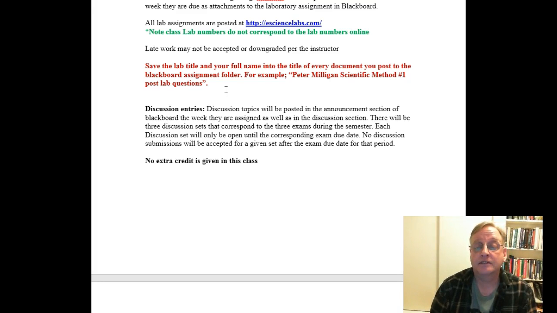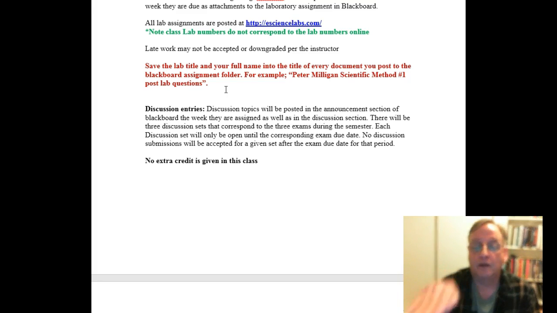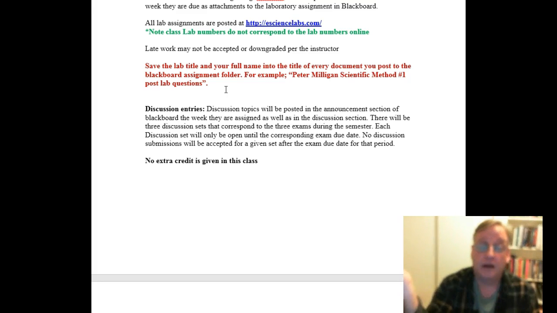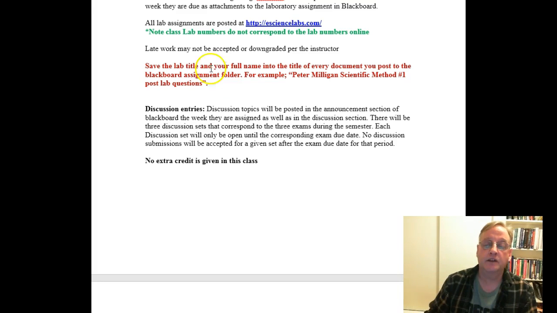If you just send something to me that says lab 1 or something like that, I'm not going to accept it. I need all of that information in the title of the document that you saved. It's important. It's how I know which documents are whose, and saves me the hassle of opening up every single document every time I want to know who wrote it. So make sure your name's on it. Make sure I know what it is.